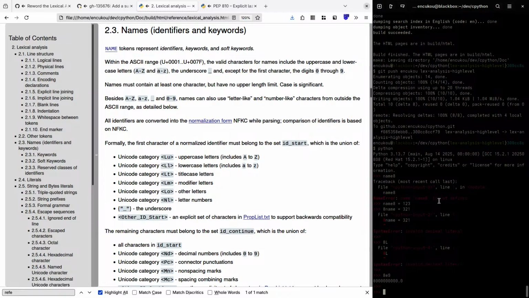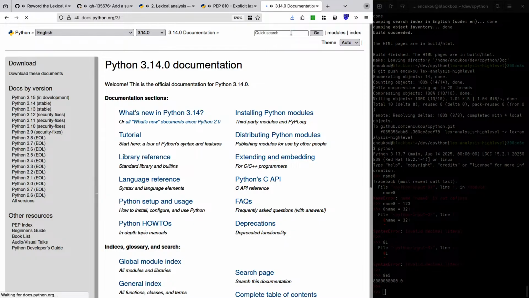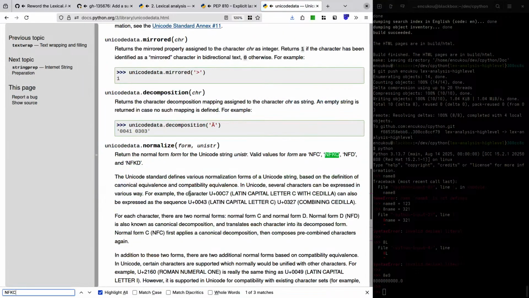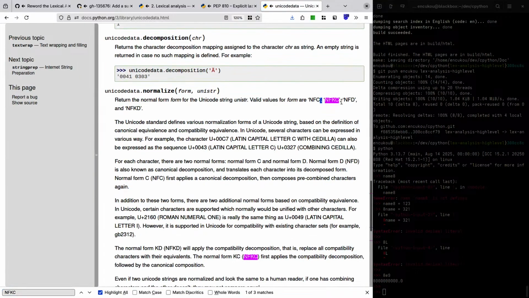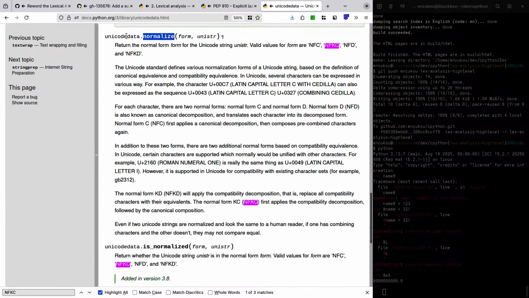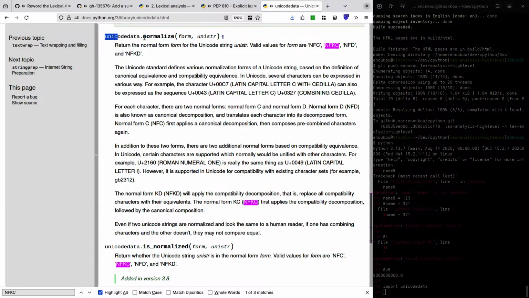Oh, I've just learned that it uses NFKC normalization. I think there was also a second one, like NFKD. Oh, there are 4 of them: NFC, NFKC, NFD, NFKD. I need to check what the differences are and what the implications of this are. I'm very curious. Perhaps everybody else is curious as well, so we can go into that.